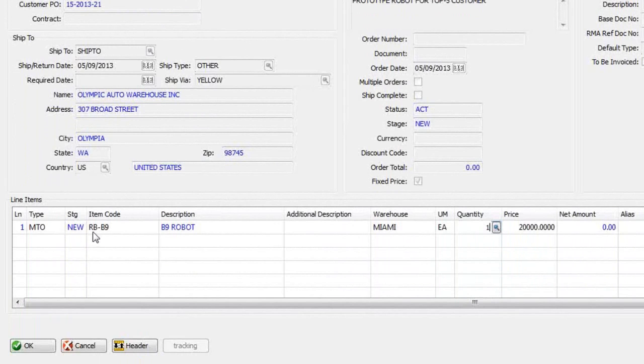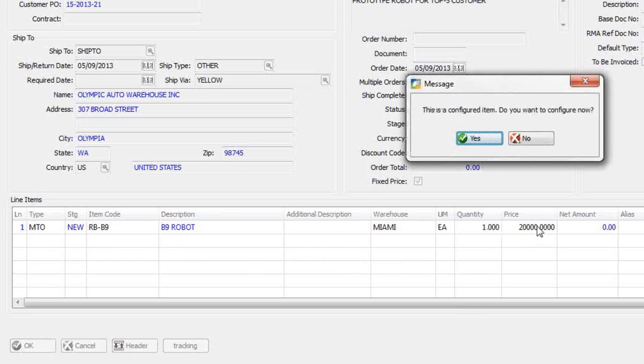So in this case, I'm working with my B9 robot, and we can see, as I mentioned in my presentation, we have a line type here called MTO, and this says that I'm not going to ship this item from stock. I'm going to make it and feed it directly back to the sales order and then ship it to Olympic. So once I enter the quantity for the item, the default price for that item shows up automatically, and